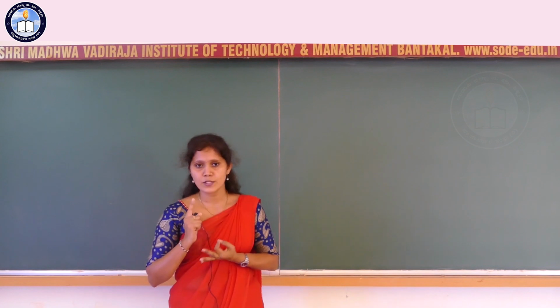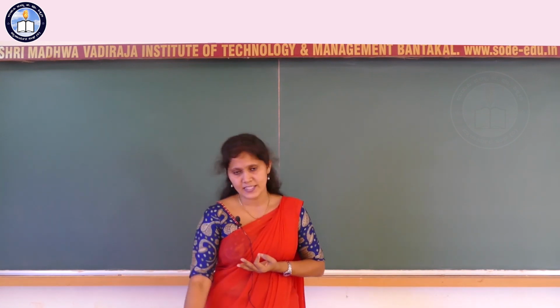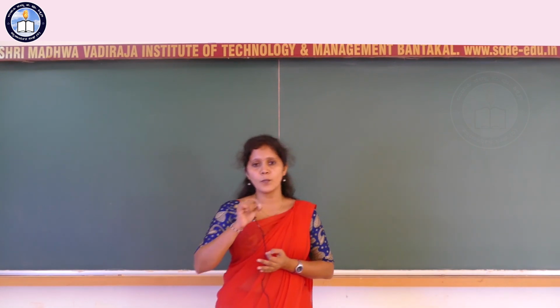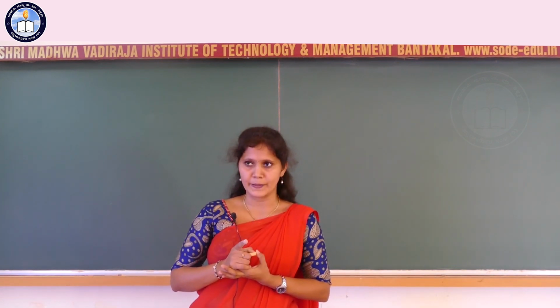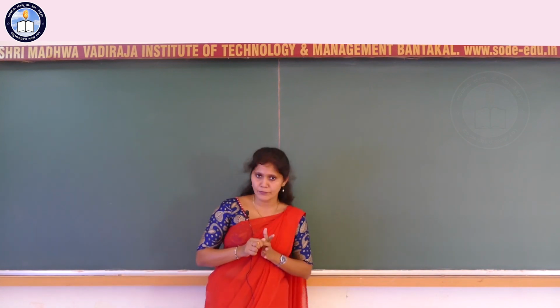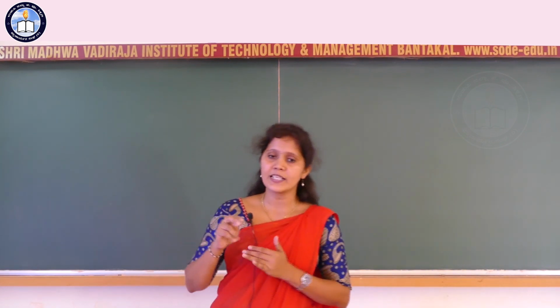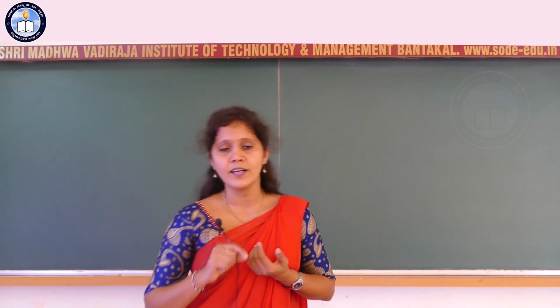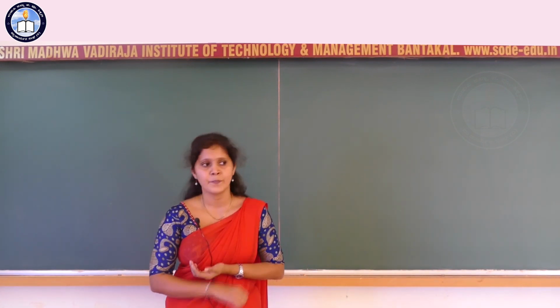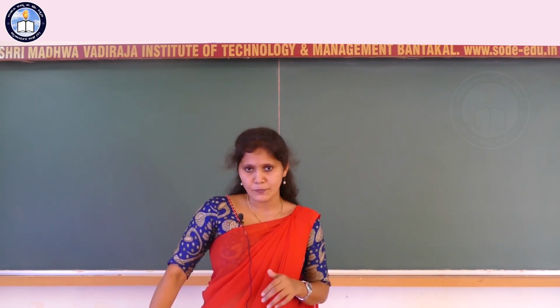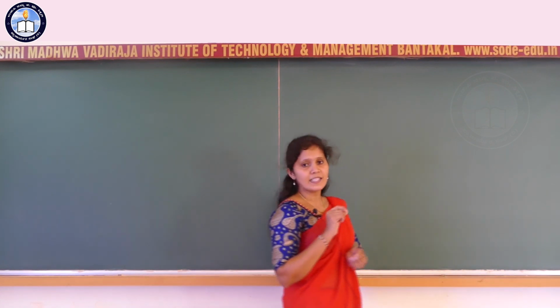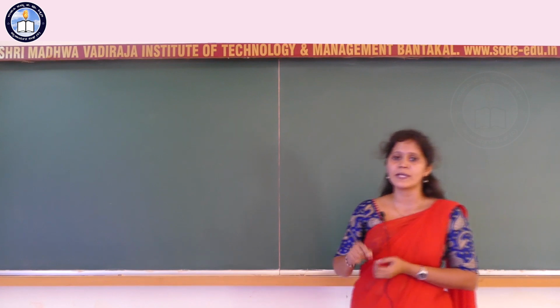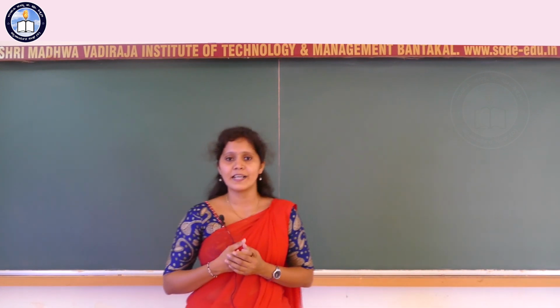Second one we have completed, that is the slope point formula. If the slope of a line is given and a point is given in the question, then you can consider the slope point formula, that is y minus y1 is equal to m into x minus x1. Third one is the 2-point formula. If two different points are given, you can consider the 2-point formula and hence you can get the equation of a line. As the fourth one, we have considered the intercept formula. If the x-intercept and the y-intercept are given, then by considering the formula x by a plus y by b is equal to 1, we can get the required equation of a line.